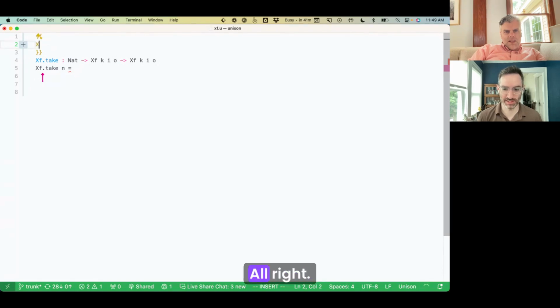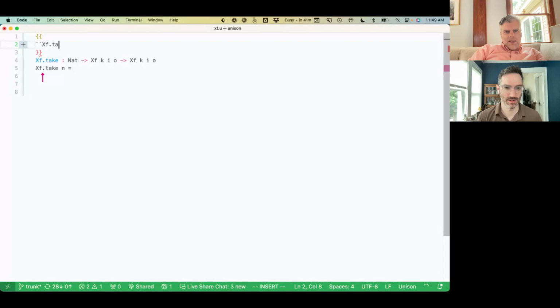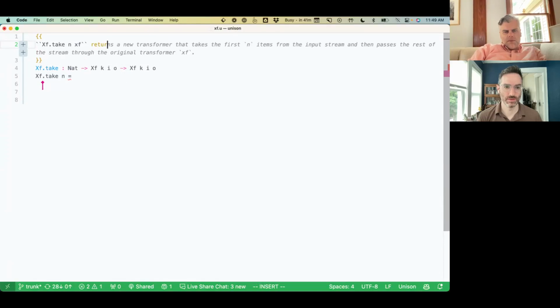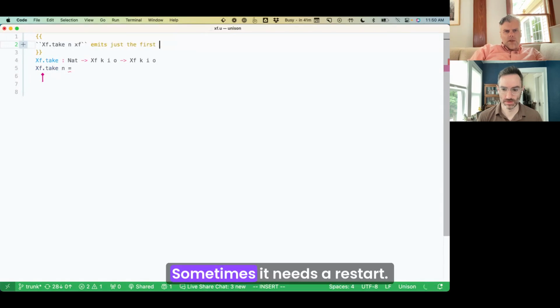Too slow, Copilot. I was just seeing if it would help with the docs, but it works pretty well here, using the VS Code. Sometimes it needs a restart.